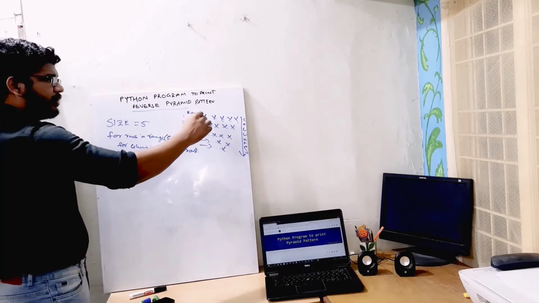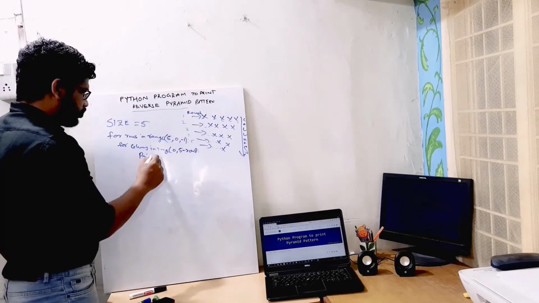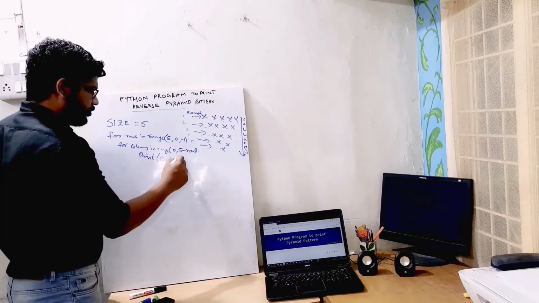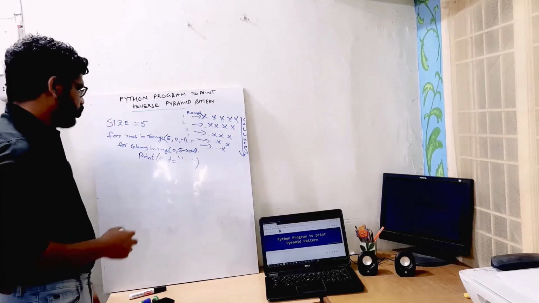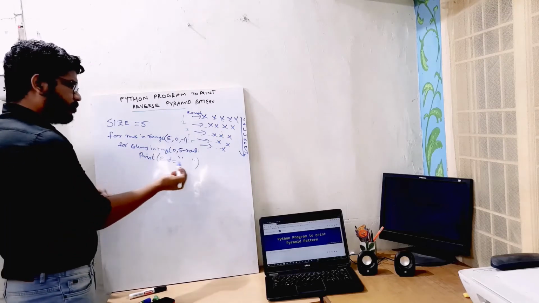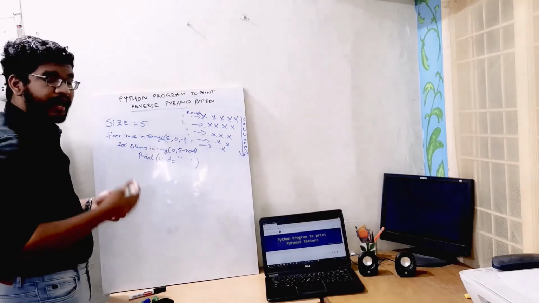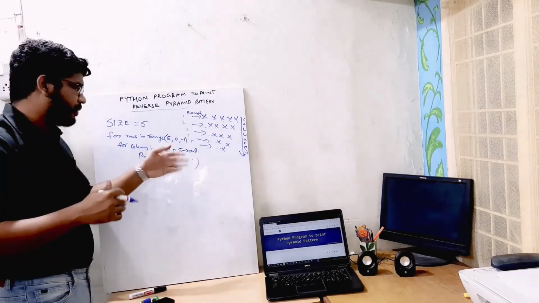Like I'll print a space here. For that, this is the condition. Here I'll print. Instead of printing the spaces, we can just print with end as empty, with a space here. By default, print takes the next line as the end parameter, but if you give this space, it will take space as the end, so it won't go to the next line. It will print a space there.